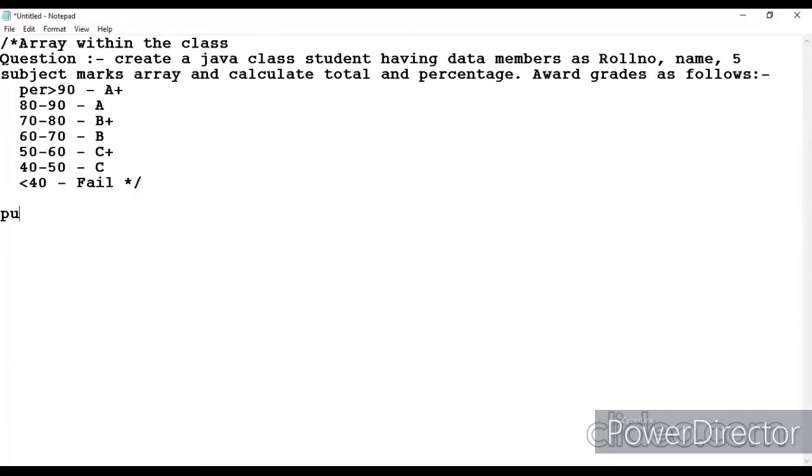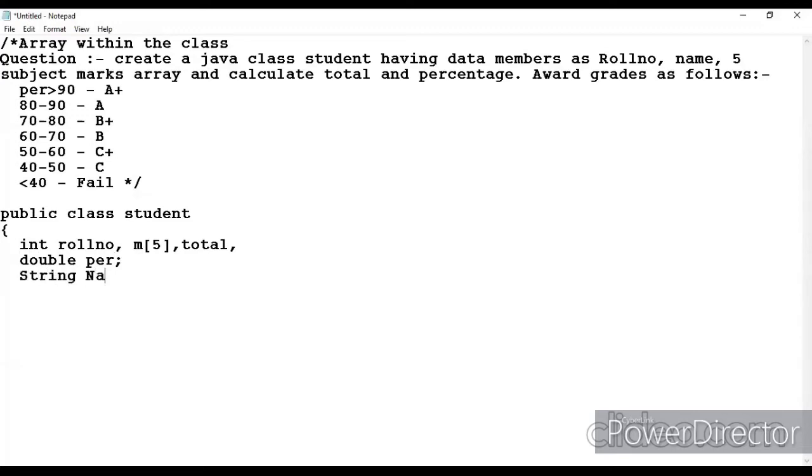Now again I am creating a public class Student with integer roll number, integer array M5, double total, double percentage, and string name.